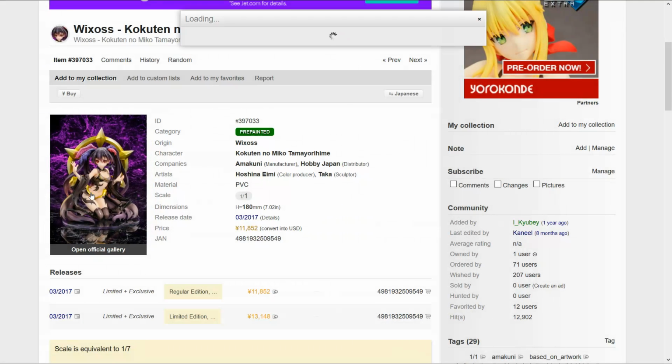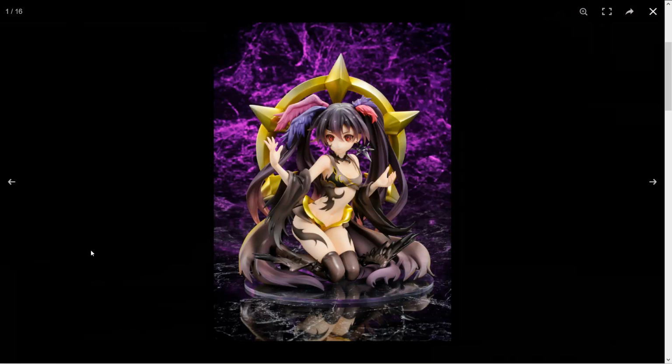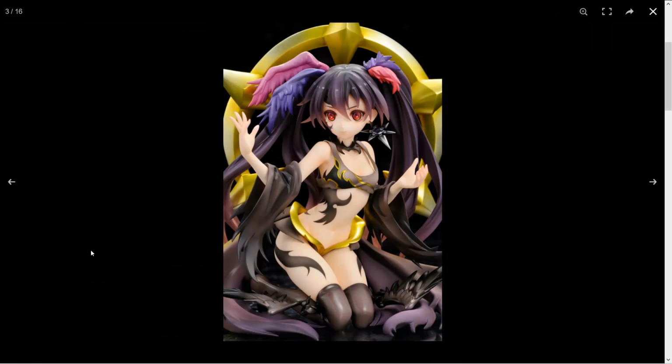Oops. That's another thing I hate, is when the first two pictures are the exact same. So a little bit